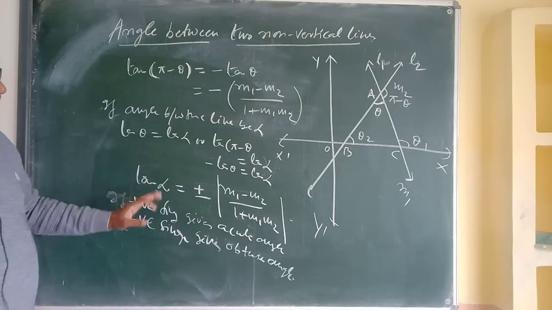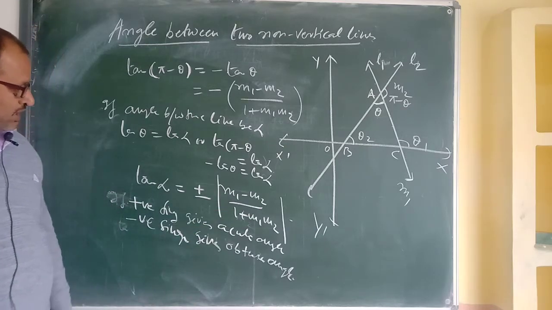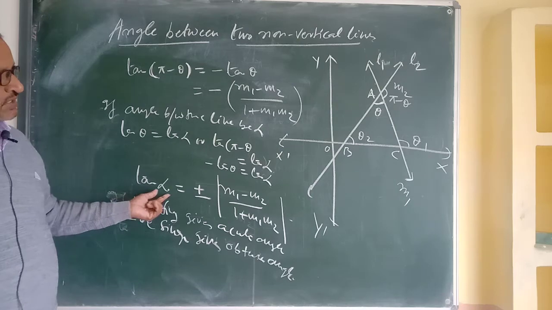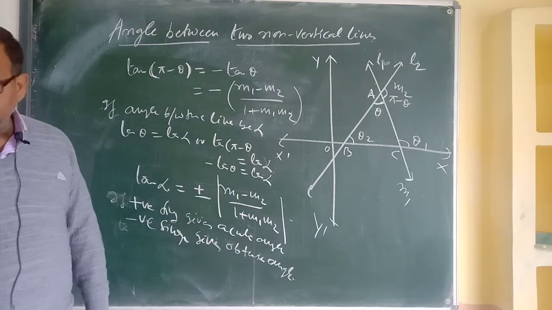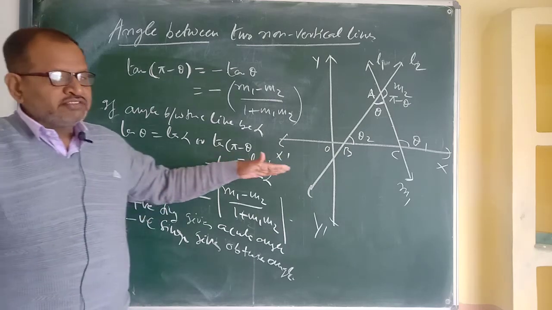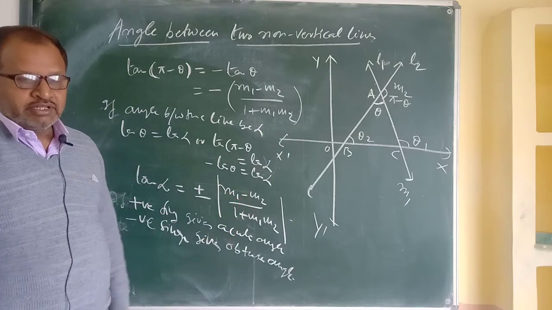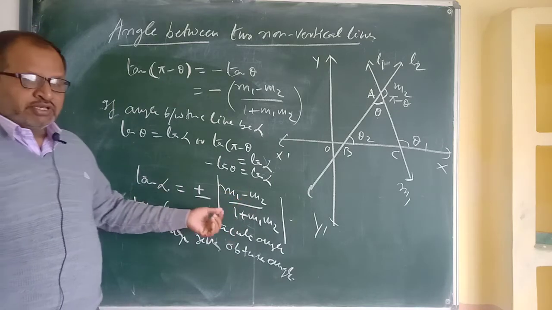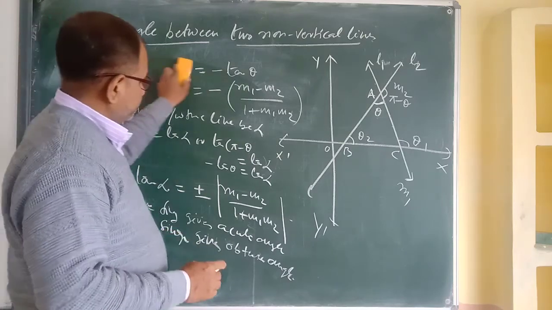So this is the formula for the angle between two lines in terms of their slopes. Generally, if it is asked in the question to find the angle between two lines, we find the acute angle only. We also know that if the two lines are parallel their slopes m1 and m2 will be equal, and if the lines are perpendicular then the product of their slopes is minus 1.